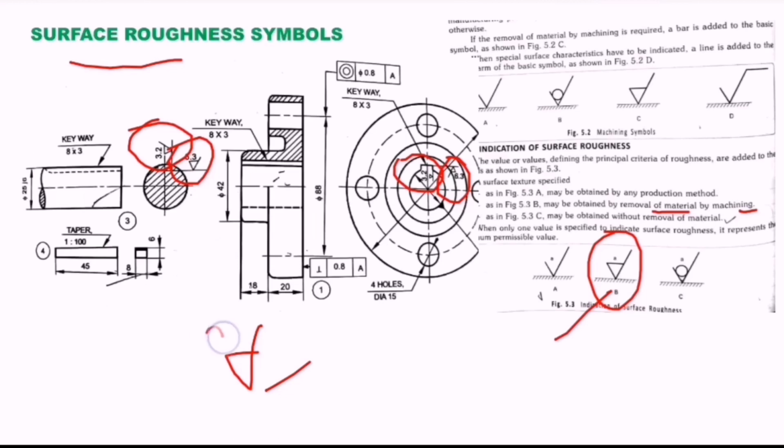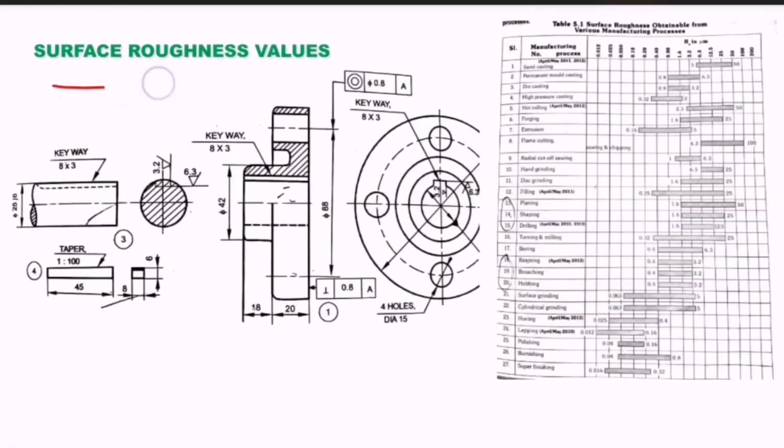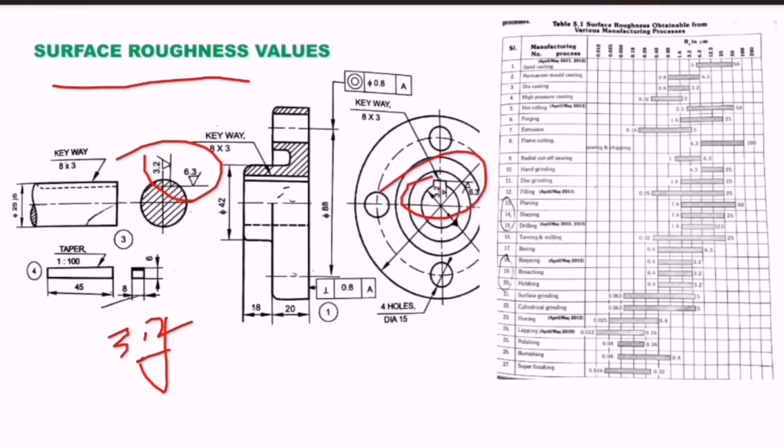Above that symbol we indicate some surface roughness numbers. So this is the way of indicating the surface roughness symbols. Mostly we will use this same symbol. Above this symbol we see values like 3.2 or 6.3. Look here also. Sometimes 6.3 is for boring operation, 3.2 is for reaming, broaching operations or die casting operations.